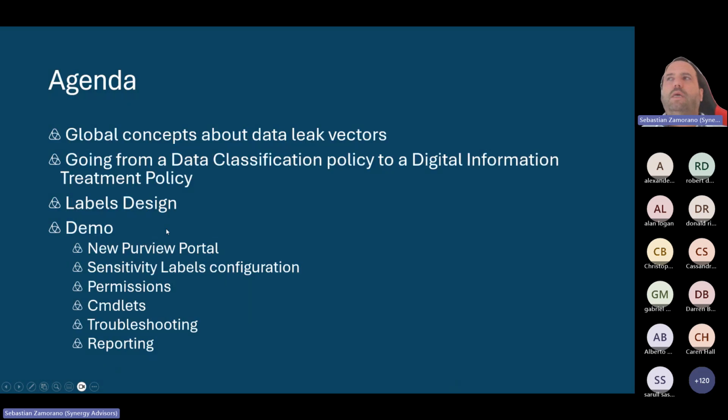The agenda is we will talk about global concepts about data leak vectors, a concept that I am using that is a digital information treatment policy, how we can go from the traditional data classification policy to a digital information treatment policy. With that, we can start discussing label design, and we will jump immediately to the demo using the new